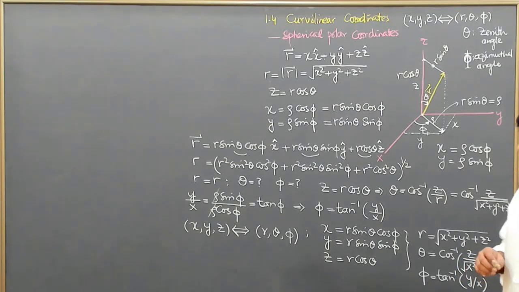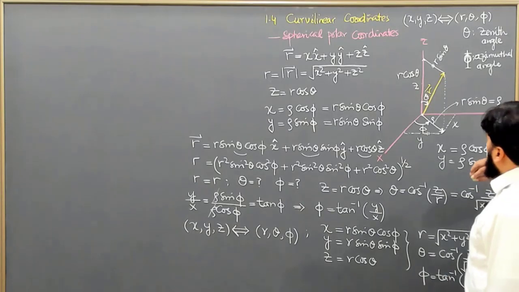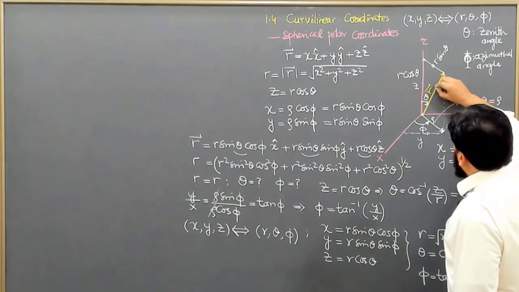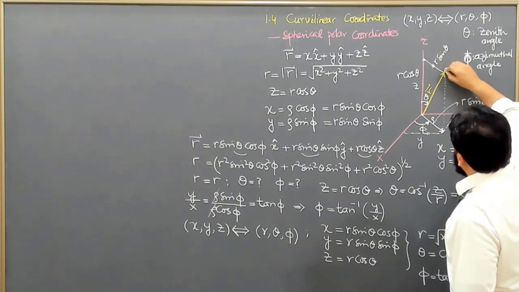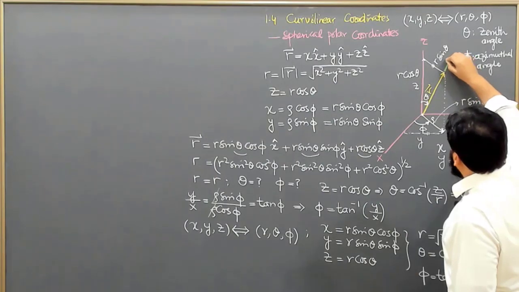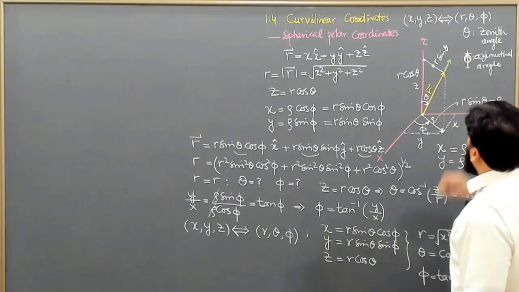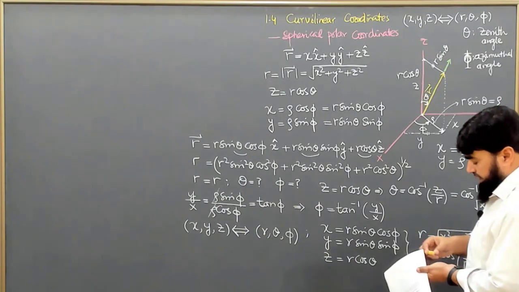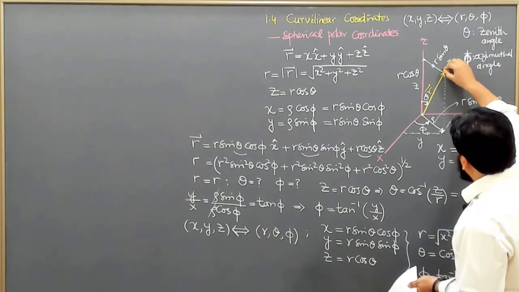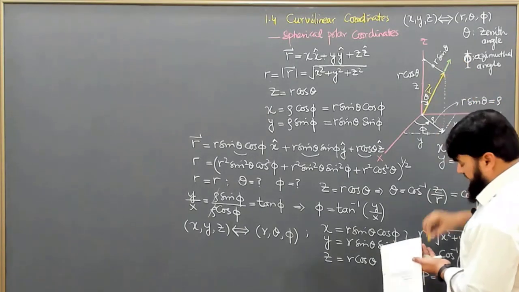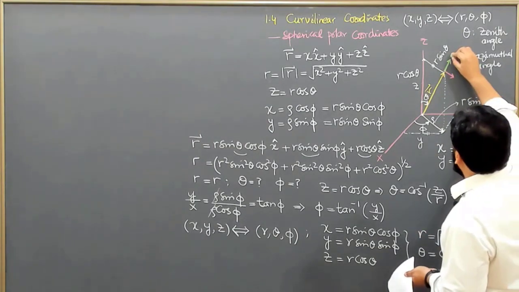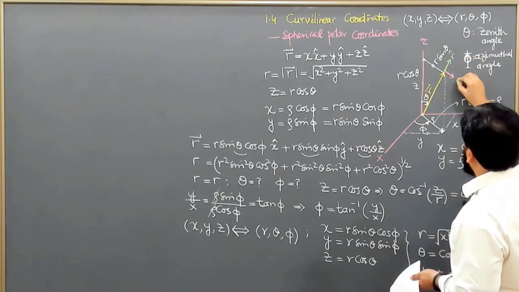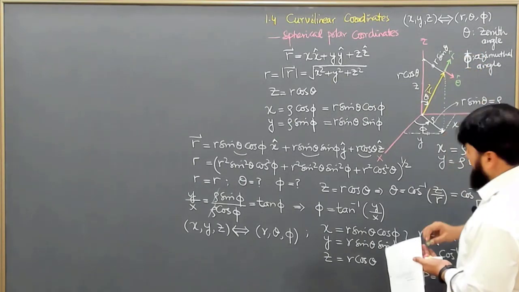Now we will discuss the unit vectors, and the unit vectors are such that when r is in this direction, then the r unit vector is in this direction. This is the direction of the r unit vector. Similarly, when theta changes in this direction, it will be the direction of theta here. Theta will be in this direction. This is our r unit vector direction, and this is the theta unit vector direction.